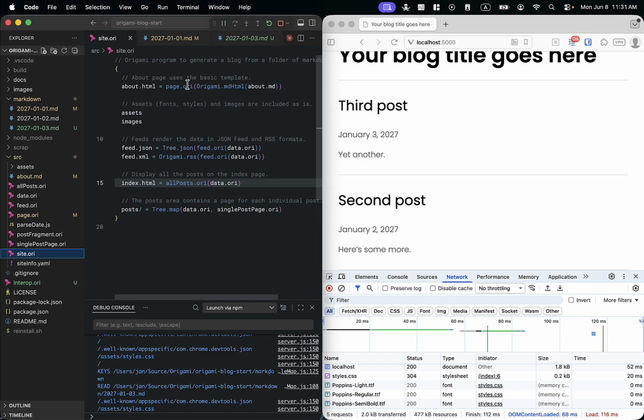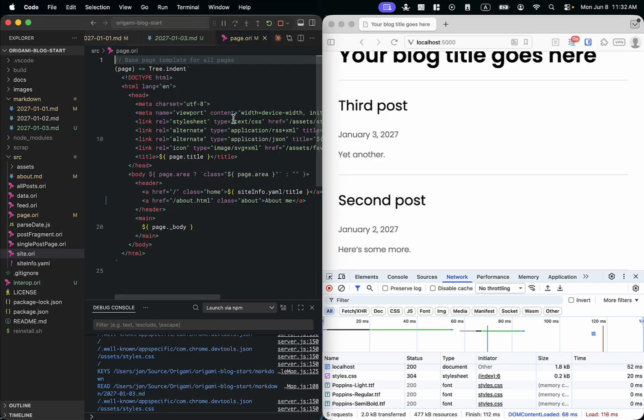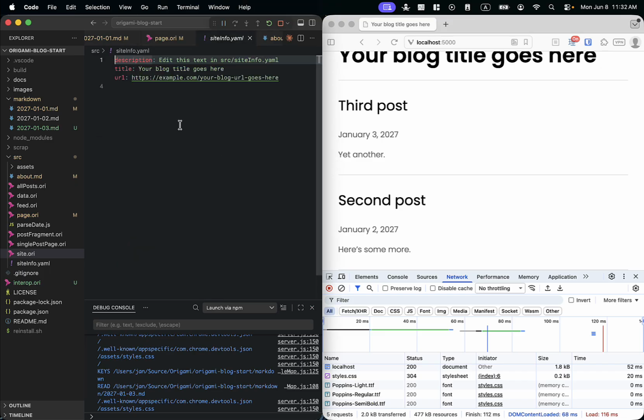So for example, this about page and this index page both turn out to depend on page.ori. And if we look at that, that depends on a file here called siteinfo.yaml. If we make an edit in this particular file, it turns out to be referenced indirectly by every page on the site in order to be able to populate things like the site title. So if we change that,